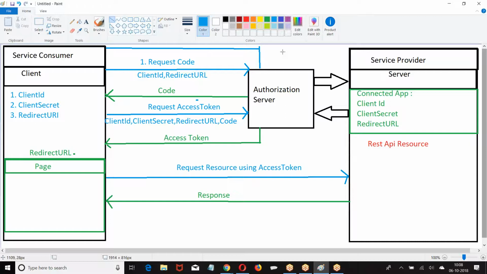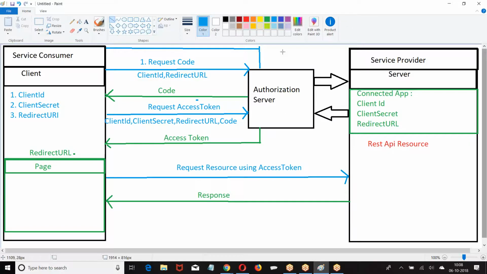Now again, generally, using this format, if you want an access token, what I was supposed to do: request the code, then request the token, then request the resource. If I want a token again, again request a code, again request a token. To avoid this multi-step, to make it a single step, they give a token called reference token. Now if you send a reference token to the authorization server, they'll give a fresh access token.